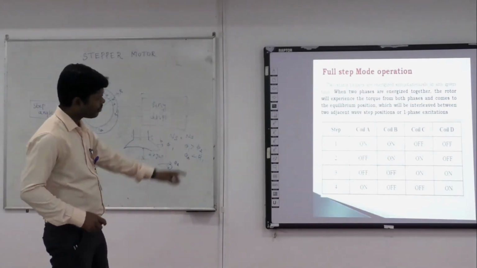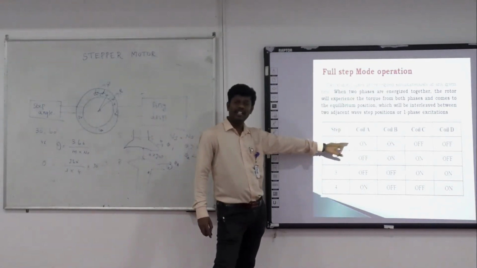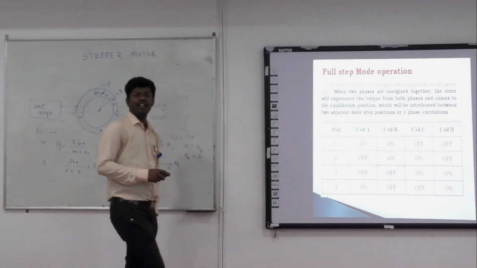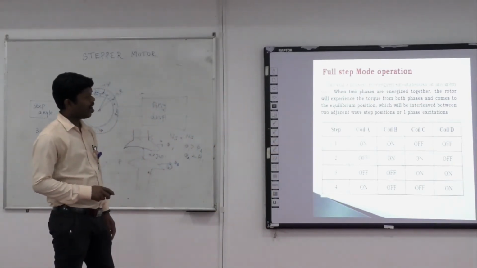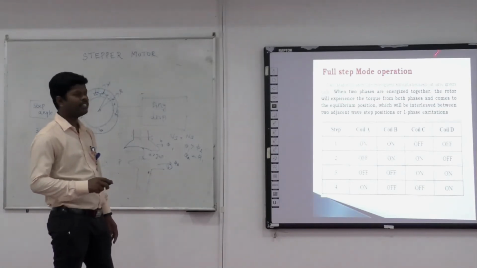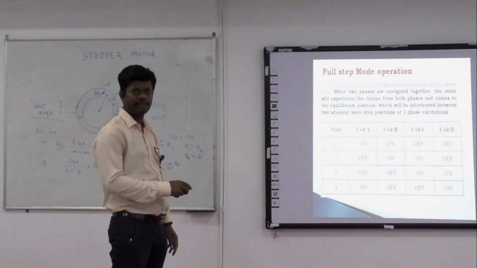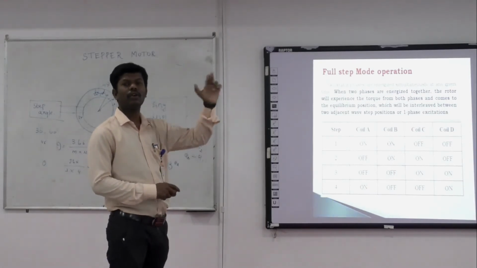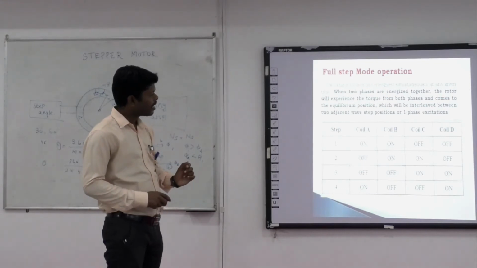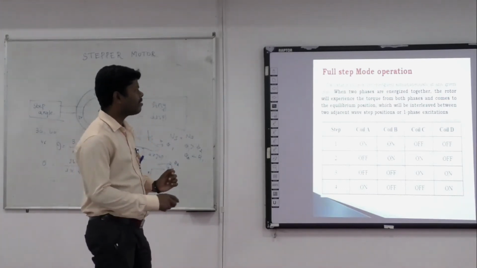Step angle 1 is coil A and coil B. So coil A of the stepper motor will be turned on. At the time of coil on, it will be running coil on, off, on. So coil C and D will be turned off. At the time of coil on, it will generate one force. In between, magnetic flux density is produced. It will oppose our coil C. So next it will be on. Coil B and C will be turned on. Next coil C and D will turn on. Next we go for coil A and coil D. Sequentially it will be running.